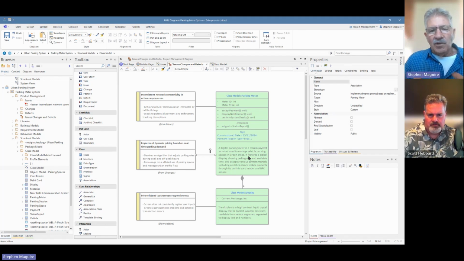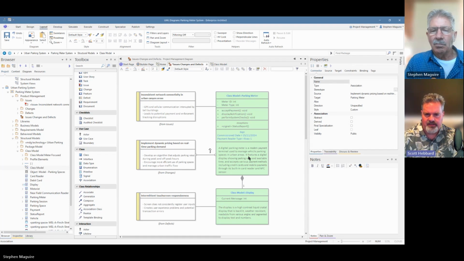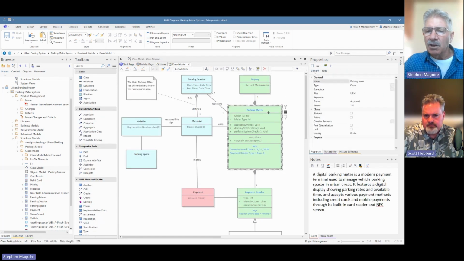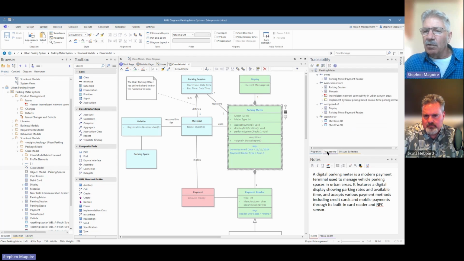these changes, issues. Do you have some kind of traceability? So let's say you came back a week later and you wanted to see all of the issues that were related to a particular element. Yeah, interesting question, Scott. So if I look at the traceability, even without this diagram open, I can be back in my class model there and click on this, and we have a traceability window, and you can see here that we've got a number of things displayed over here where you can see what is connected to that. Now there were only two things connected,